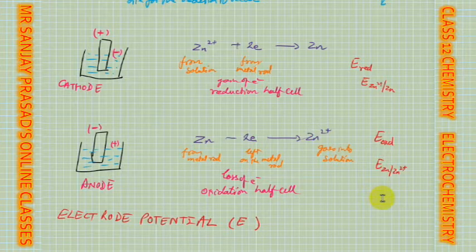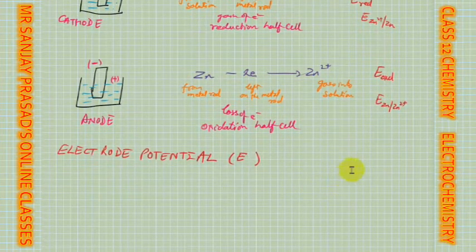So to know about this development of potential, you are taking a metal rod, and you are dipping that metal rod in a solution of its own ions, isn't it? If I take zinc, then I have to dip it in zinc solution only. If I take copper, I have to dip it in copper solution only, isn't it? So what will I say about electrode potential? Okay, so write down the definition of electrode potential first.